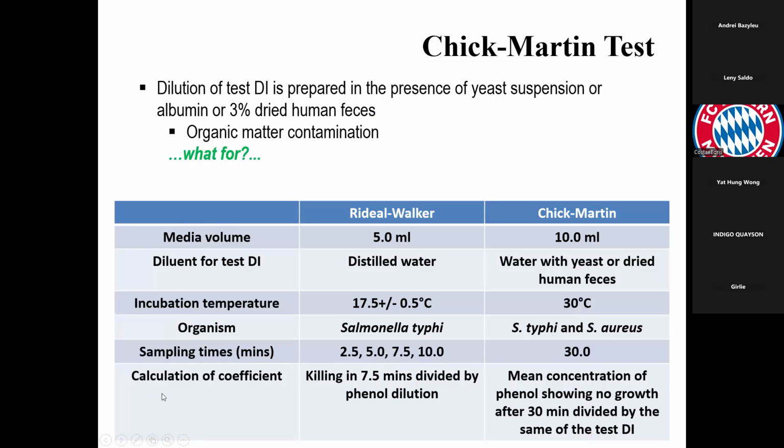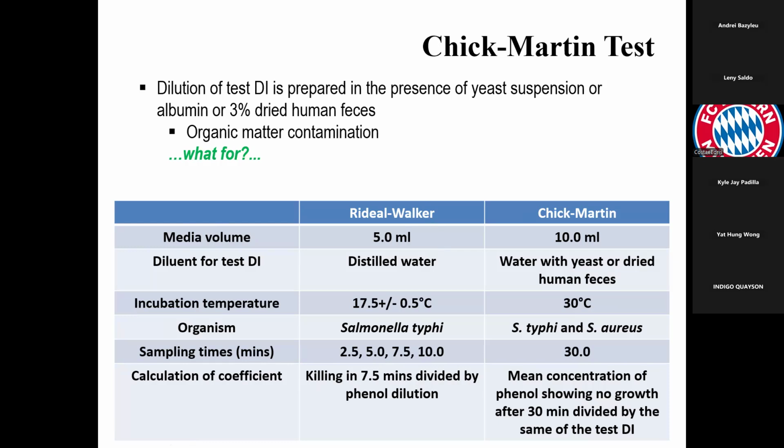And then as you can see here, as a result, the calculation of the coefficient can use different formula, not necessarily 5 and 10. But as you can see here, it could be killing at 7.5 minutes divided by phenol dilution. So all sorts of approaches. Don't need to know those. Don't need to memorize the table. What you need to understand, where I'm leading this to,